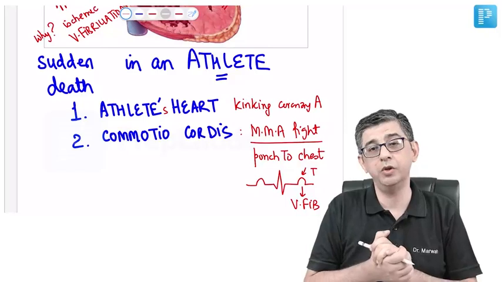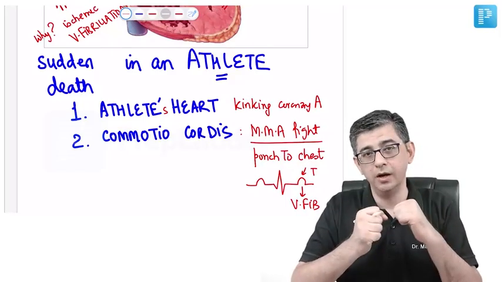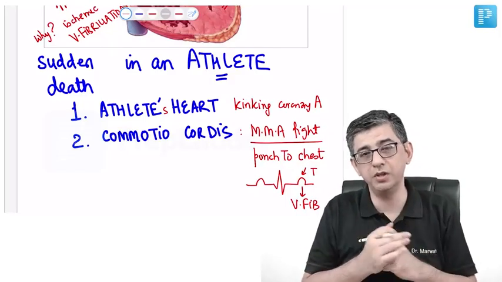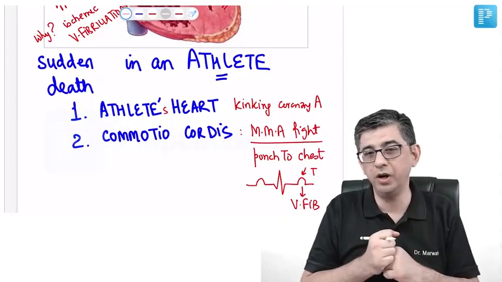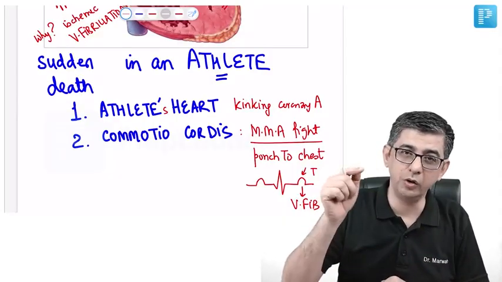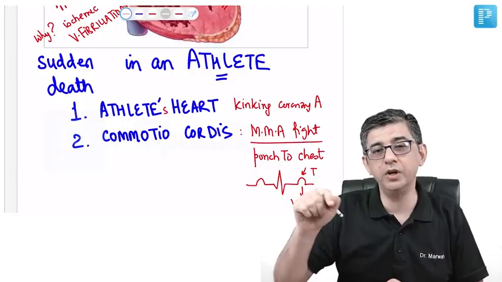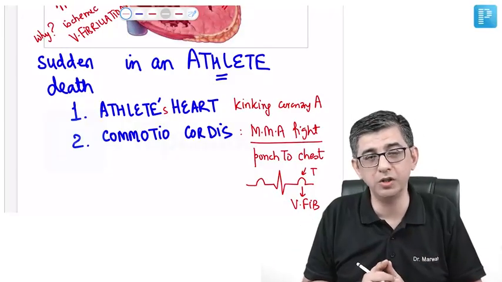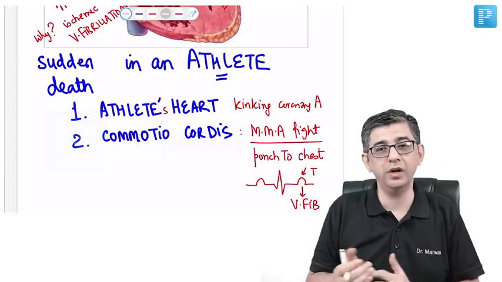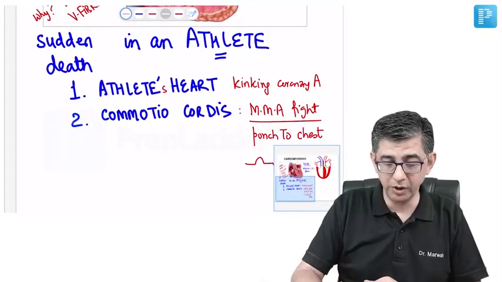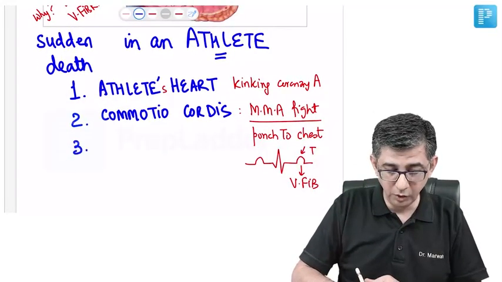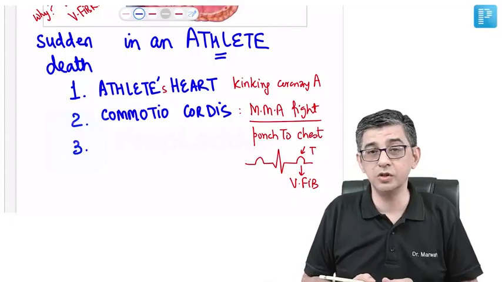How is that possible? I mean, those close punches to the chest and that repeated fast punching to the chest. So there's a possibility that among the rapid punches being delivered, one of these punches might actually correspond to the peak of the T wave of this very tall giant wrestler, and this could trigger ventricular fibrillation in this wrestler. So we do read about commotio cordis as well, and then there could be cardiomyopathy,